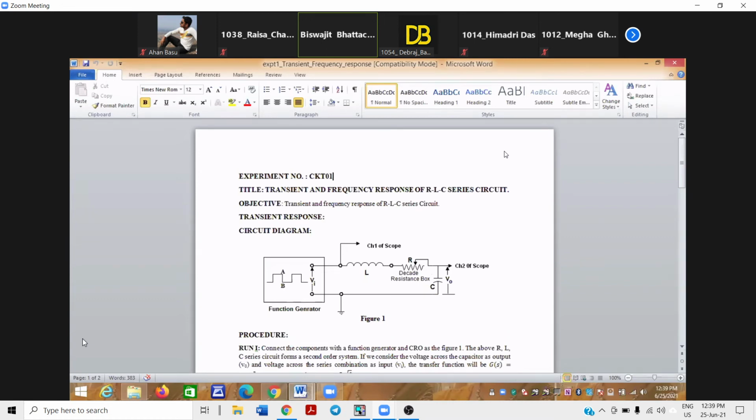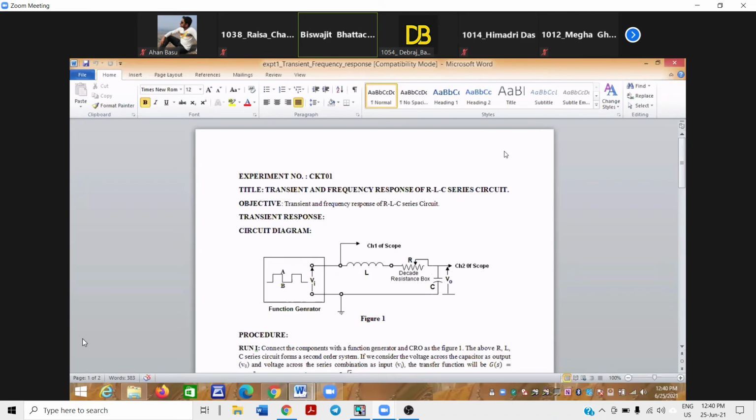Not only that, since it is a second order system, there is a damping ratio or relative damping zeta. The zeta is in the range of 0 to 1. When it is less than 1, the system is underdamped, we get some oscillation. When zeta equals 1, we get a critically damped system, no oscillation at the output. And when zeta is greater than 1, it is an overdamped system. The system will sluggishly deliver the output. So ultimately, when we vary the damping ratio, we can get different types of output.